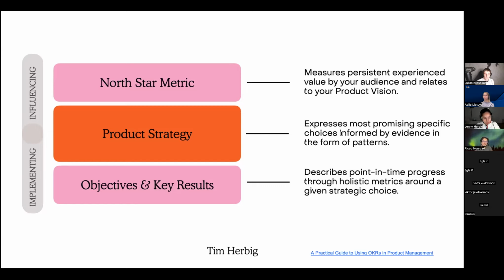In our product world, we want to be able to proxy that value that we are capturing in some sort of way that we can actually affect change, the way that we can influence it. And that would be the North Star metric. I won't go into too much detail, but if you're not familiar with that terminology, Amplitude has a wonderful playbook about it. And then in the mix between that metric and our OKRs is this product strategy, right?